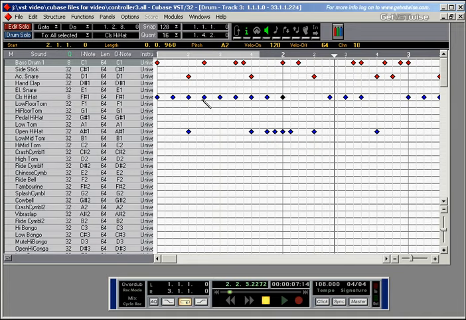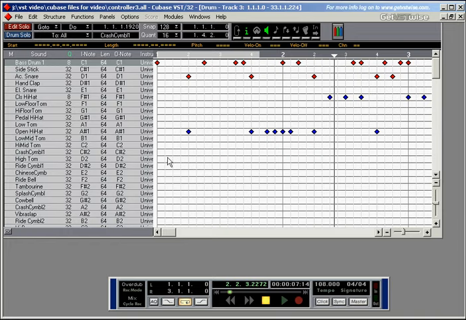You probably can't see me doing this on the screen, but what I'm doing is I'll keep my left mouse button pressed and just scroll along this line, and as I go along, all the hi-hat bits are being added in the right positions. And this is the result if this is set to 8th notes. I delete them all